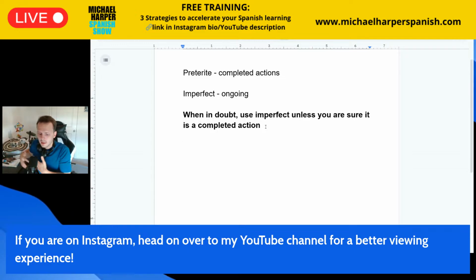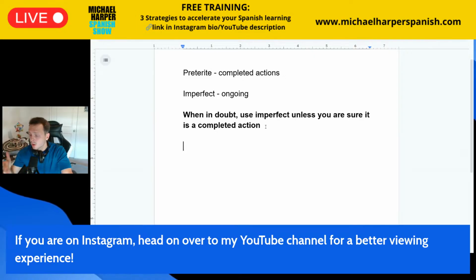If I say the party was great and I'm using the preterite, it implies that the party is done. It's a completed action. The party's done with. If I use it as imperfect, it's kind of implying that the party is still going on, or I'm just describing something about the party. So you can always resort to that rule in your head where I'm just going to default to the imperfect unless I know 100% that whatever happened is done. It's over with, for sure. The meeting was boring, but I know that the meeting's over with, so it's preterite. But if I had used the imperfect in that scenario, it might not even have sounded that bad.